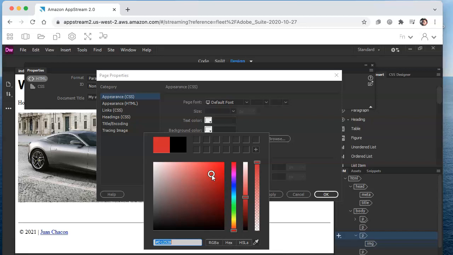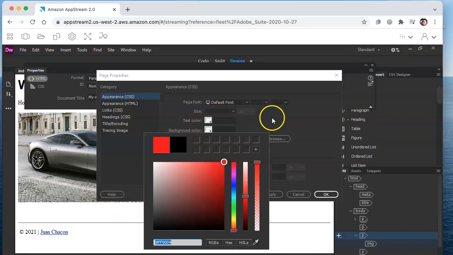If someone has vision problems or just anyone with normal sight, it would look horrible if you had like a yellow background with white writing or a white background with yellow font colors, because it's very hard to see. So whatever color pattern, color palette you choose, just make sure that there's sufficient contrast between the background and the foreground, the text color. So I'm going to go ahead and choose a red,